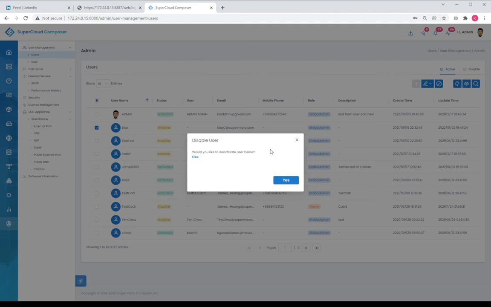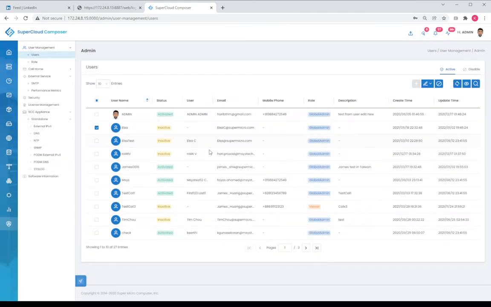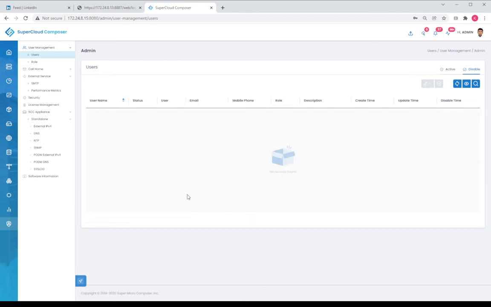Only the global admin can disable accounts, and only the global admin can basically see a list of those users that have been deactivated or disabled within SuperCloud Composer. So this is a very important security aspect of SuperCloud Composer where we go ahead and institute compliance and also